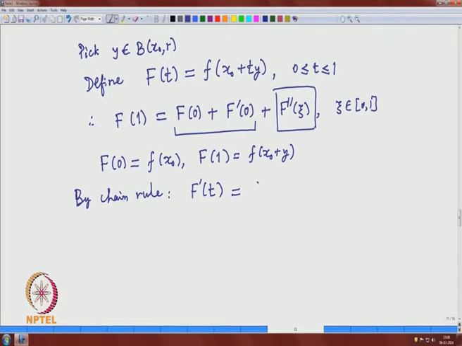By chain rule, this is just del f by del x j evaluated at x 0 plus t y